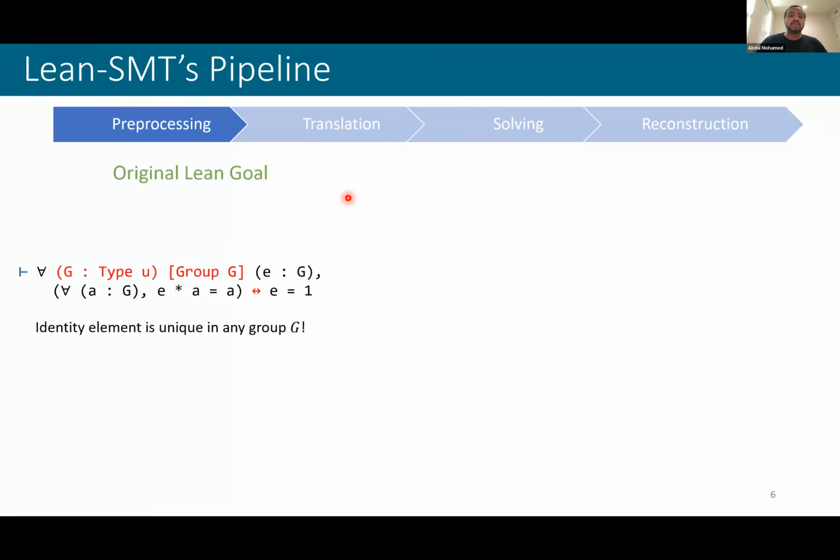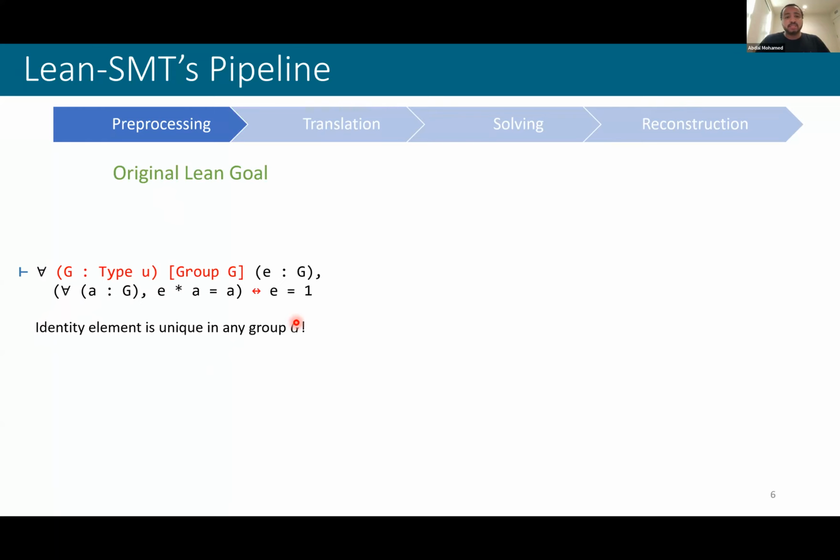So suppose that we have this original Lean goal that we want to deal with. We have a problem in group theory where we just want to prove something very simple, which is the fact that the identity element is unique in any group G. So if you look at this,